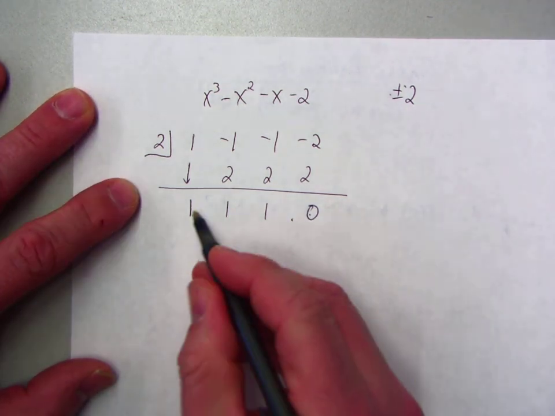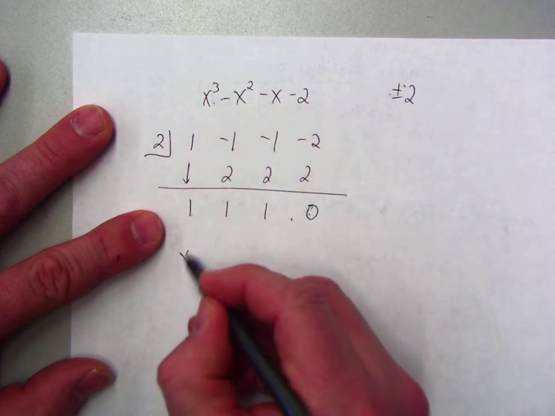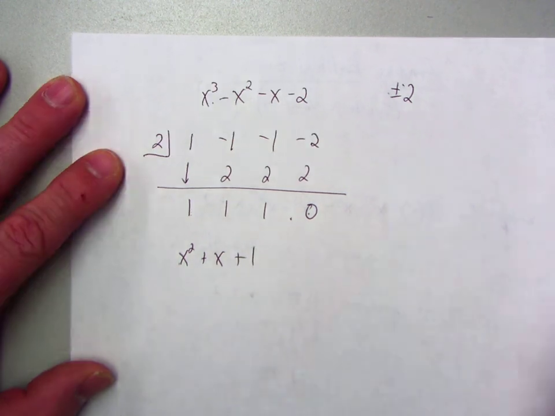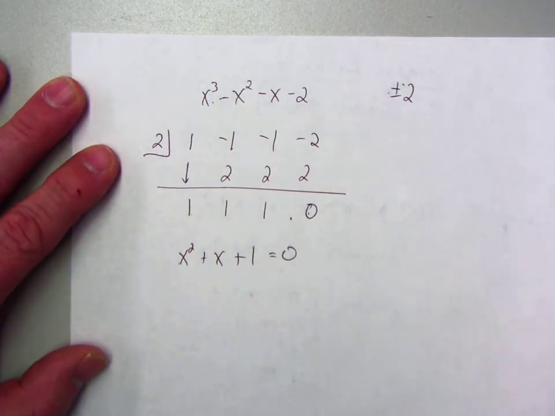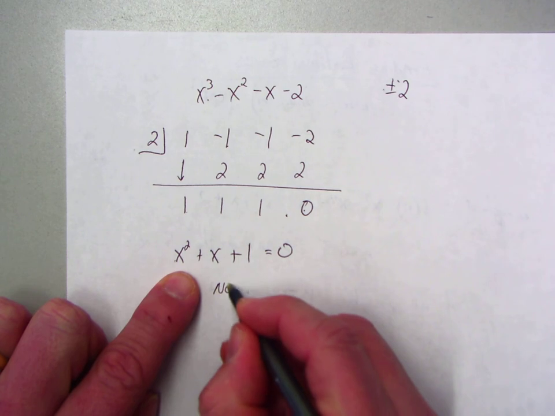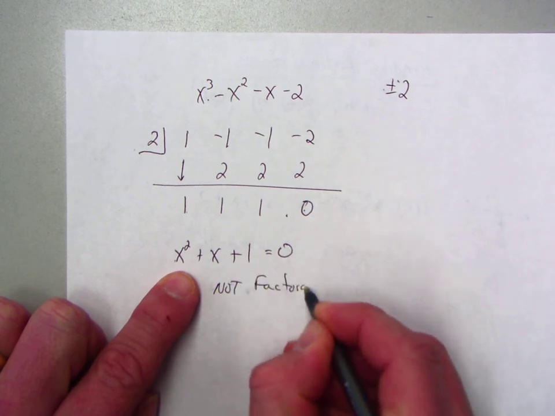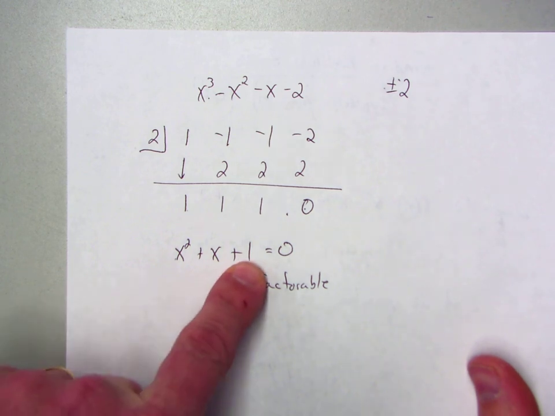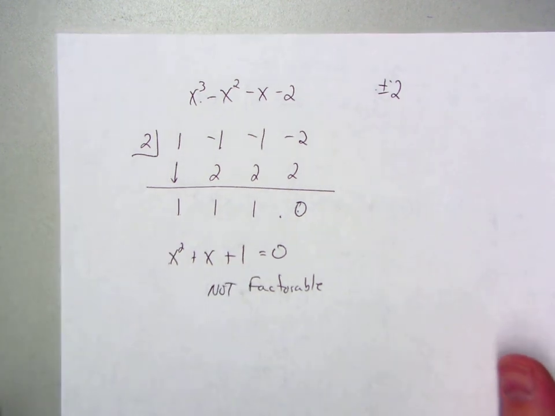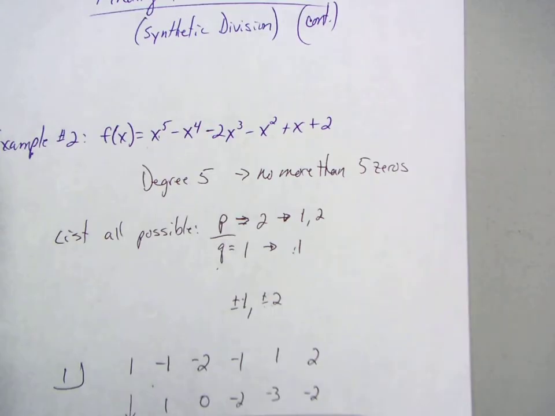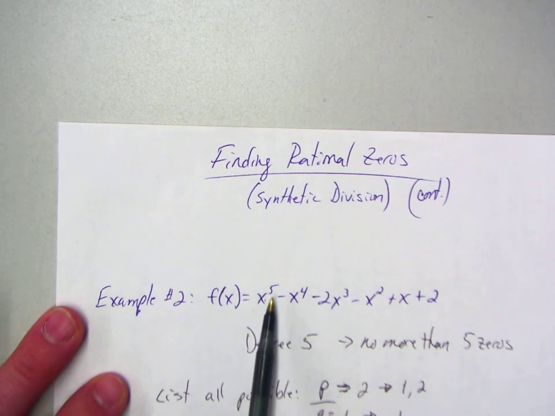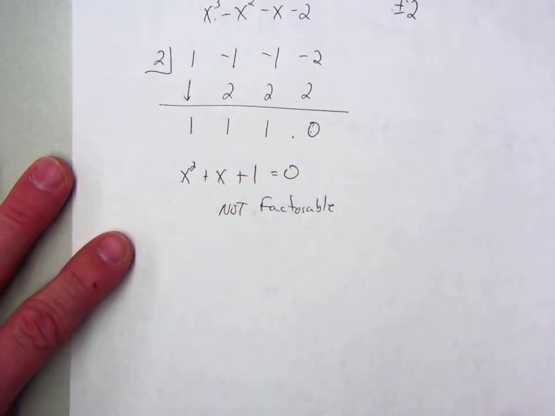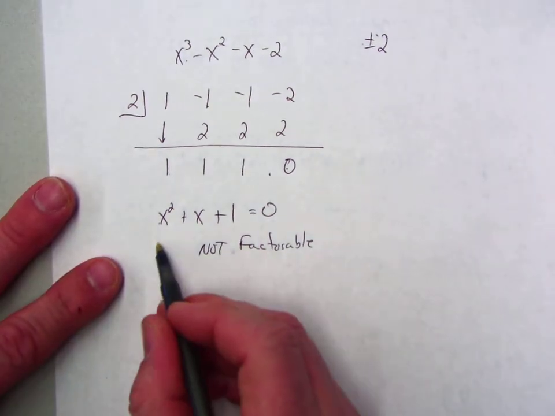Now we decrease it by another degree, so now we have x squared plus 1x plus 1. Set that equal to 0. This is not factorable, so I have to use the quadratic formula in order to solve this. All right, so I found 3 rational zeros. This is a degree of 5, so that means I can still have more answers. Okay, so now I'm going to